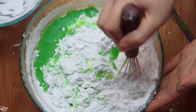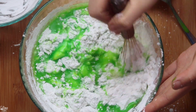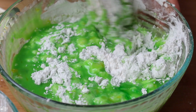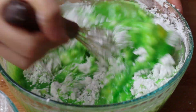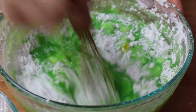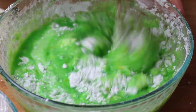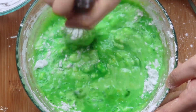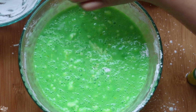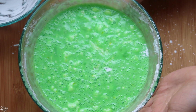And it's going to get a little bit lumpy, which is completely fine, because we're going to put this through the sieve. Most of the lumps will disappear anyways. At this point here, I'm just trying to mix the dry into the wet so that it's easier to put through the sieve. You don't want to over mix it as well at this point here. Just break up the bigger chunks. Okay, so now we can go ahead and put this through the sieve,